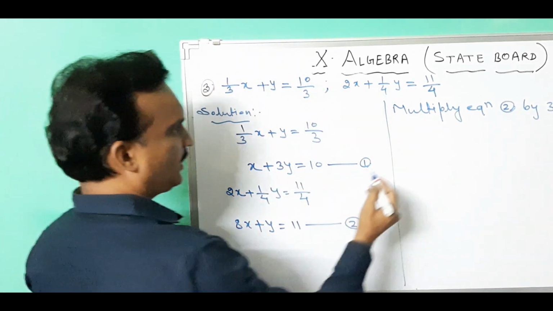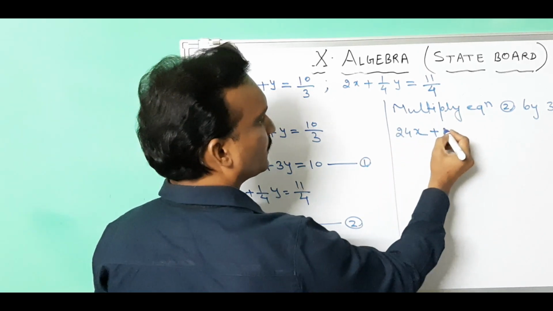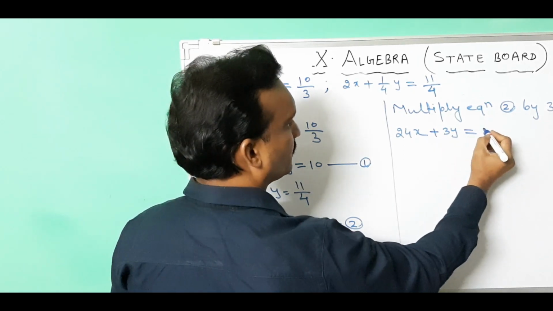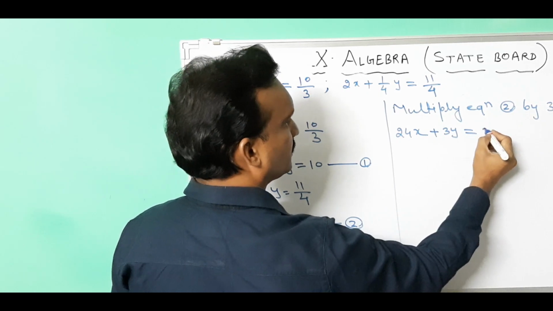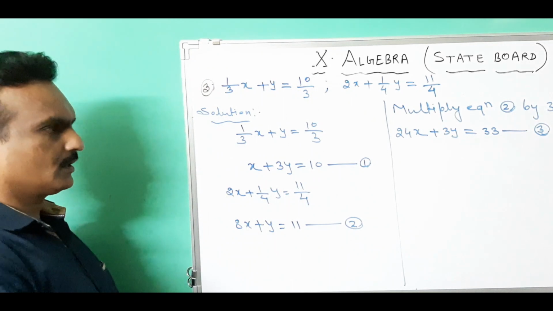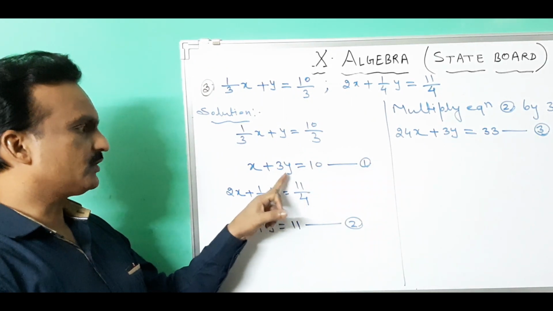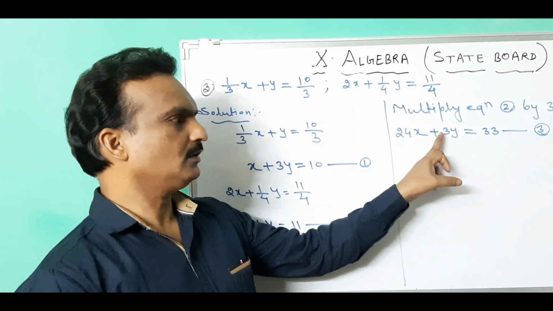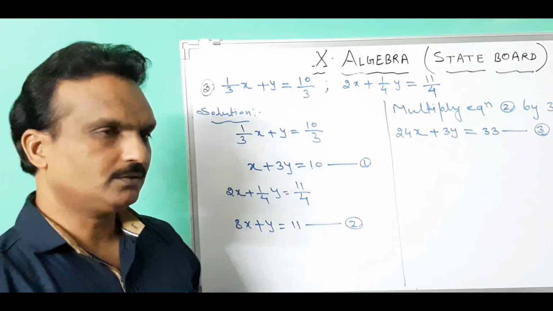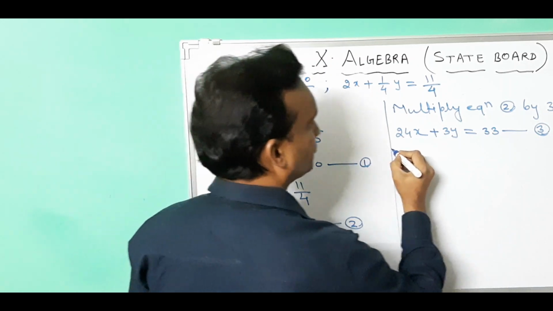Here you will get 24x plus 3y equal to 11 into 3, that is 33. So you got third equation. Okay, now you can compare. फर्स्ट का क्या है, यहाँ पे y कोएफिशिएंट 3 और यहाँ पे क्या आ गया 3, दोनों का कोएफिशिएंट सेम कर दिया हमने. नाउ विल सॉल्व इट फर्दर. ये दोनों इक्वेशन को हम लोग यहाँ पे अभी साथ में लिखेंगे.